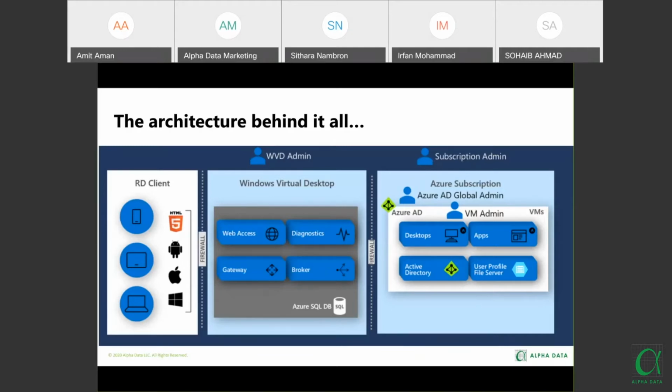So WVD again is a global load balanced service. It utilizes one of the Azure services called Azure Front Door. It means that traffic flow will always go via the nearest management control plane service location, which you can see in the middle bucket, the WVD bucket.